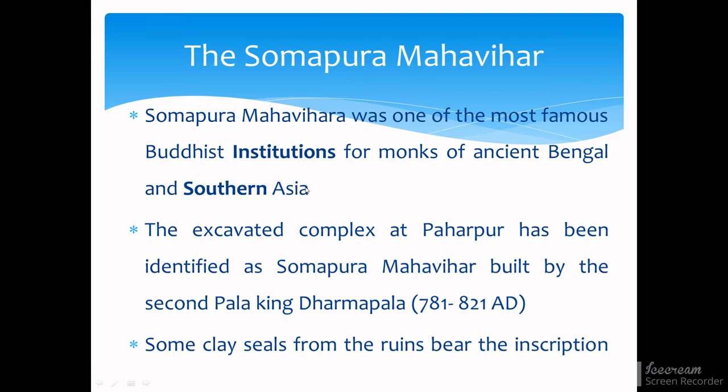So it was one of the most famous Buddhist institutions for monks, who perform God's duty. The excavated complex at Paharpur has been identified as Somapura Mahavihar, built by the second Pal king Dharmapal,